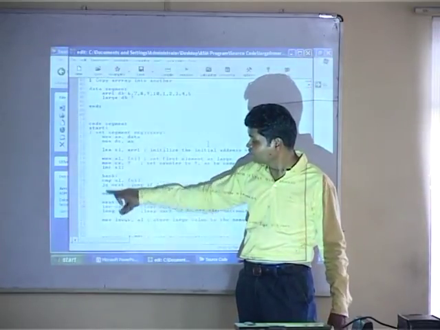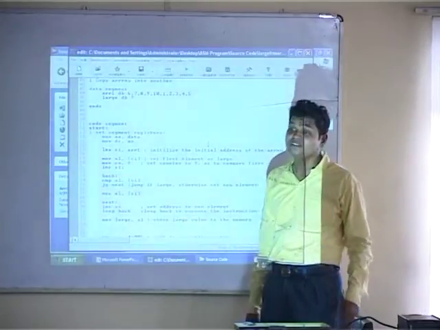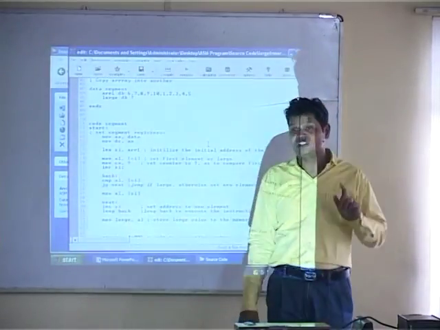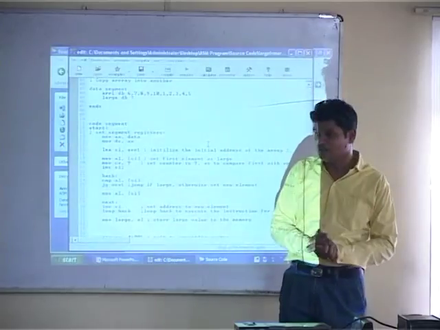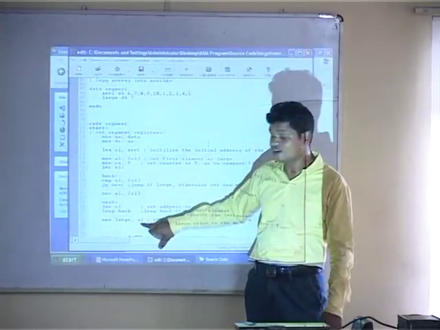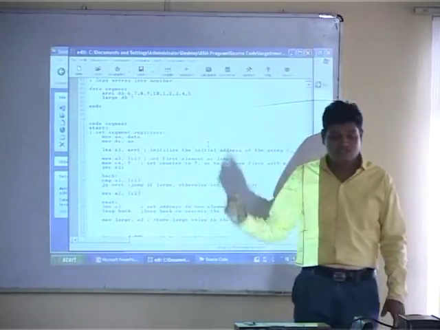How many times will this happen? This will happen 9 times. At the end, you will get the largest value in AL. Correct? I want the largest value. We will see the execution fast. It's a 6. Here AL will assume that 6 is the largest one. 6 is what is stored in AL. Now, how many times do I want to do the comparison? 9 times. Set CX to 9. Increment SI. Why? Because we have to compare from the next location.